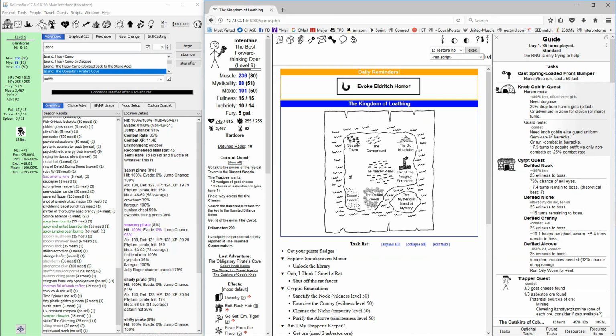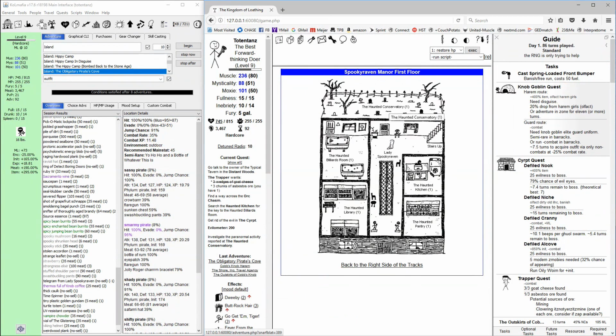So our goal at this point is to get up to level 9 as fast as we can. So let's go bust that ghost in the conservatory. And